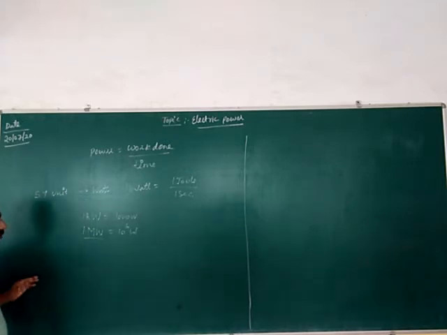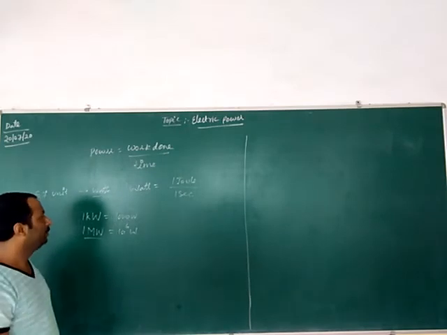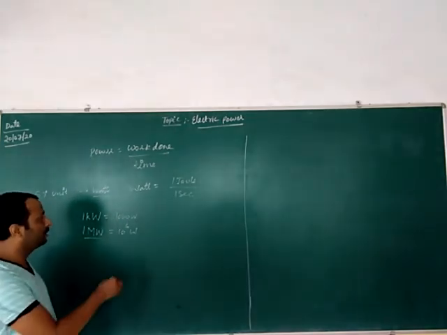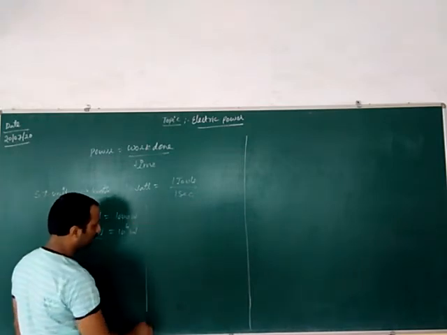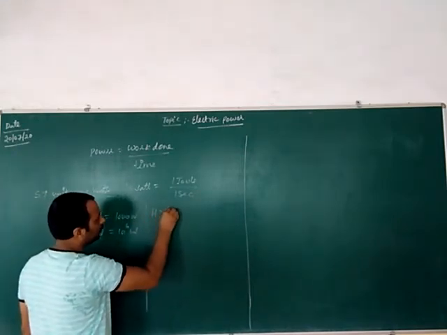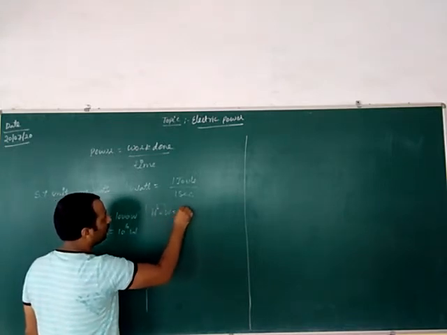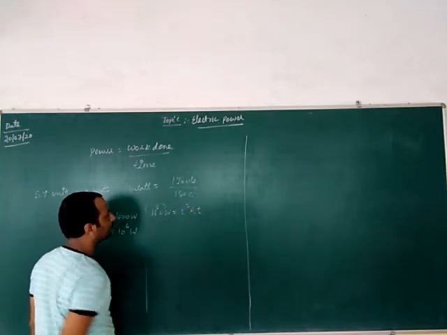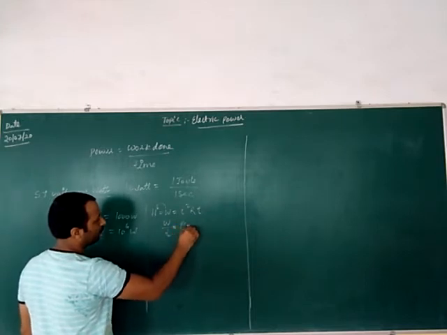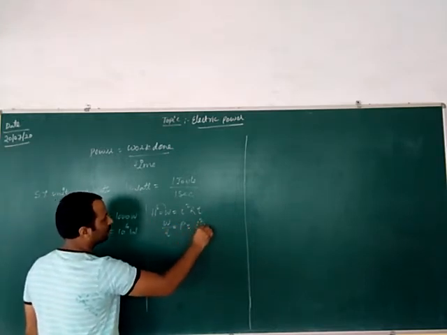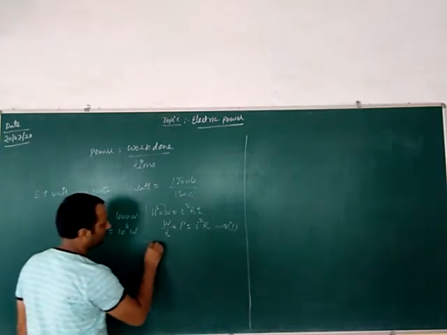Okay. In the previous lecture you learned about the heating effect of the current. There you learned some formulas: H is equal to work done, which was converted into heat, and that work done was I square R into T. If we put work done upon time, this is said to be electrical power, I square R. This is one of the formulas of electrical power.